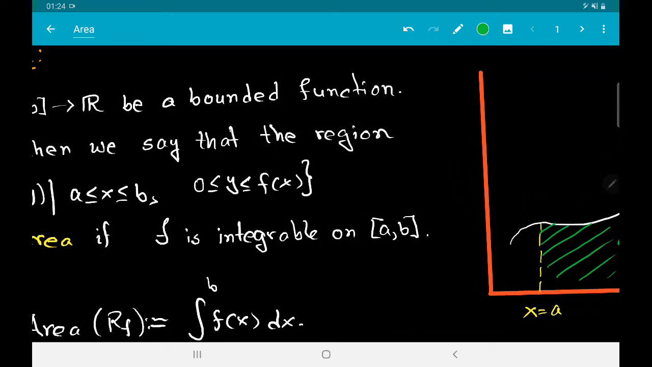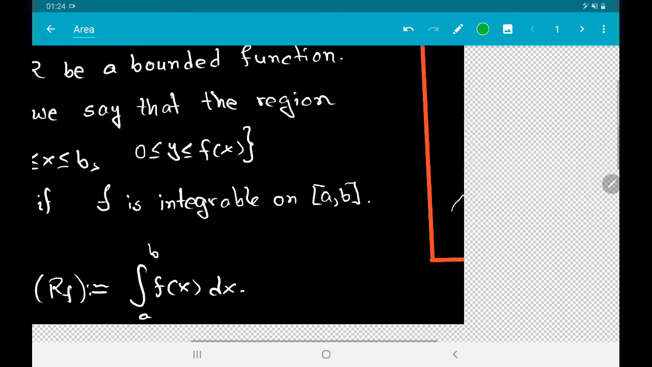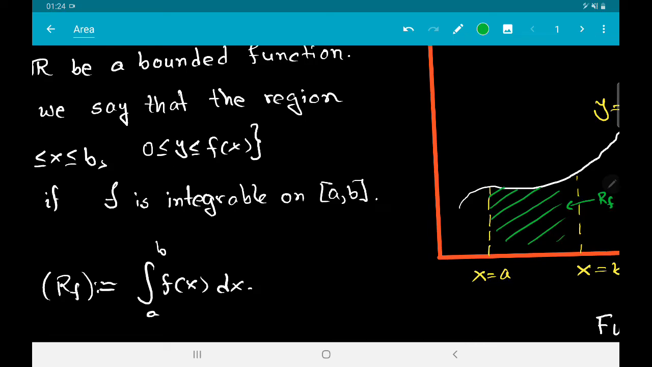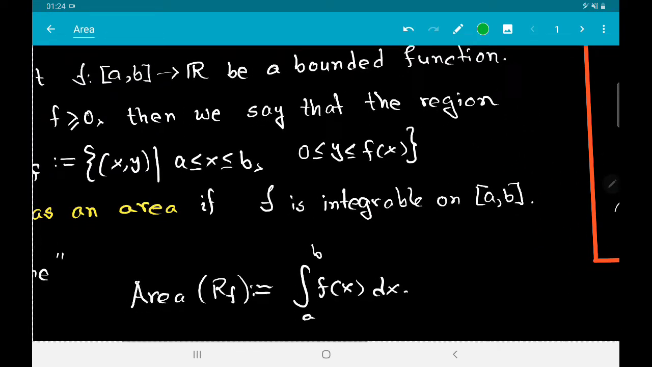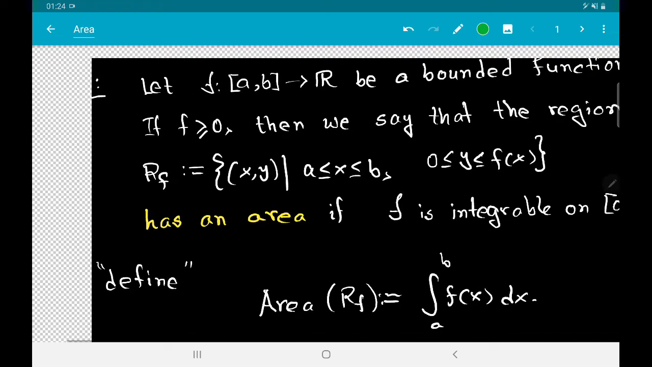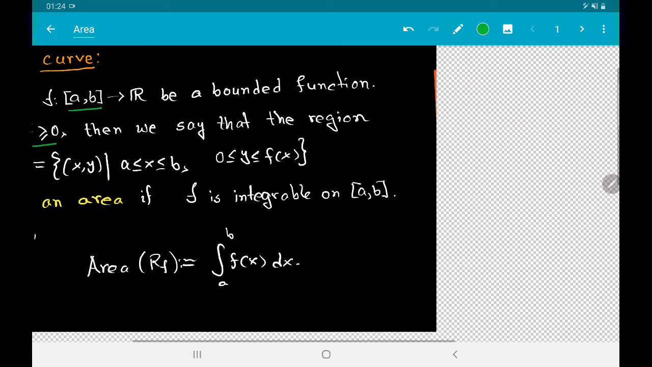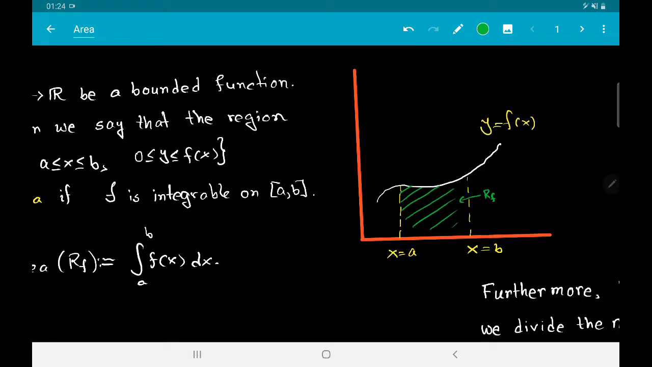So you may remember that we have made sense of area of such a region by our theory of integral calculus. So let us recall the facts that we have seen before. So suppose that f is a bounded function on the closed interval [a, b], and suppose that it also has the property that f is bigger than or equal to 0. So geometrically